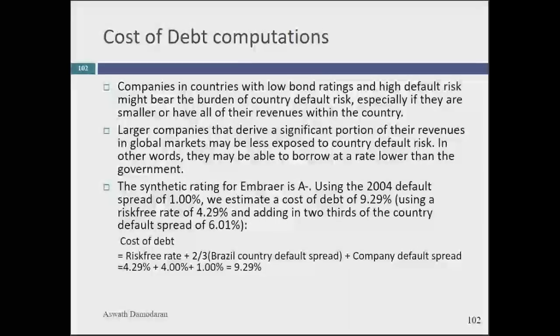Now the hard ceiling is gone because it really never made sense, but they still factor in where you're from. So if you're a Turkish company as opposed to a German company with the same interest coverage ratio, guess what? You'll have a higher cost of debt. So here's how I bring it in. If you ask me to estimate the cost of debt for Embraer, I'll start, and let's say I'm doing it in dollar terms. I'll start with the risk-free rate in dollars. I'd add the default spread for Embraer based on the rating, and then I'm going to add a portion or all of